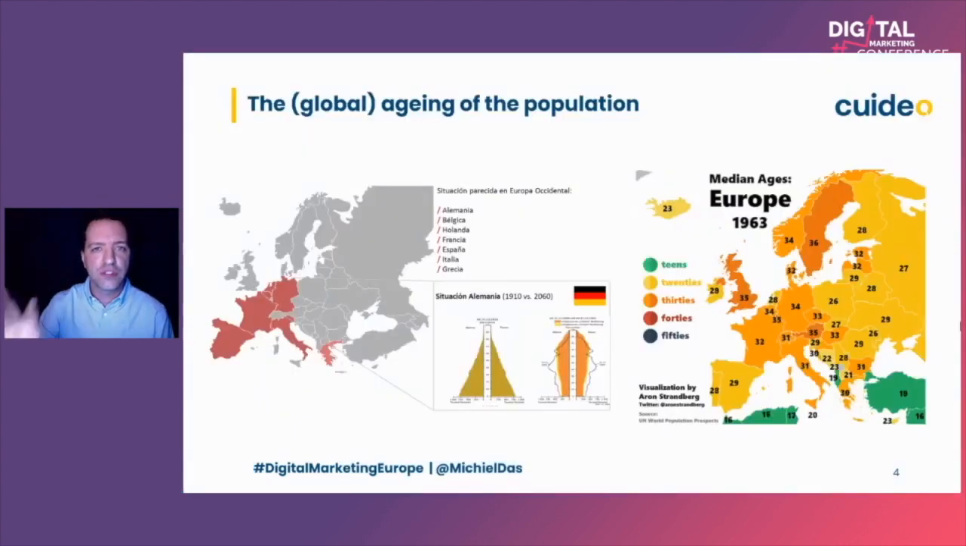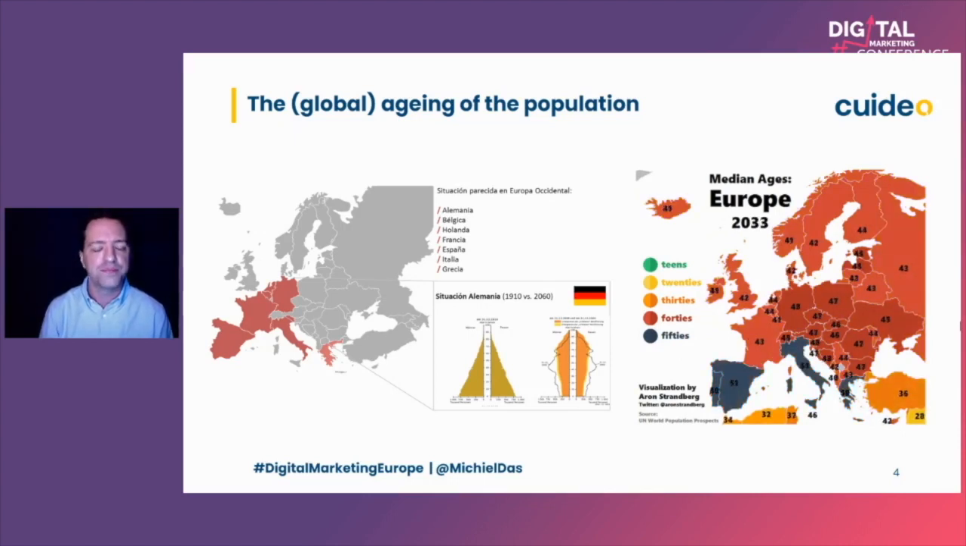Well, let's first start by explaining what we actually do at Quideo, and then how we use conversion rate optimization. So in general, in Europe, we're facing a very big problem, and that problem is the global aging of the population. On the left, you can see the situation in the countries indicated in red, which is where the situation is most critical. And as you can also see from the pyramid, in Germany, for instance,